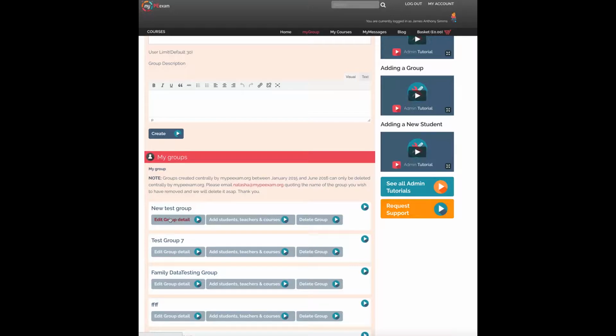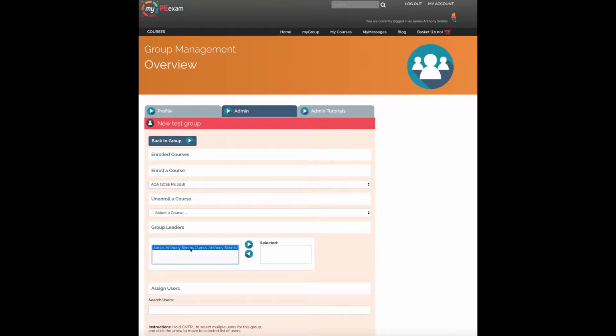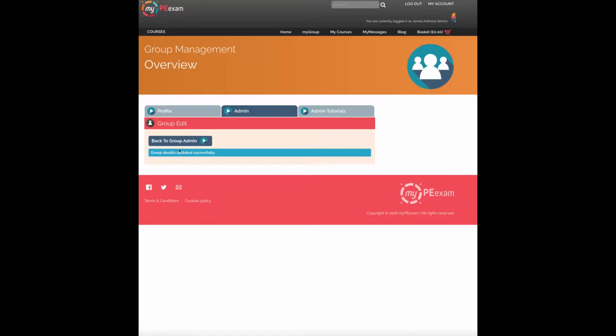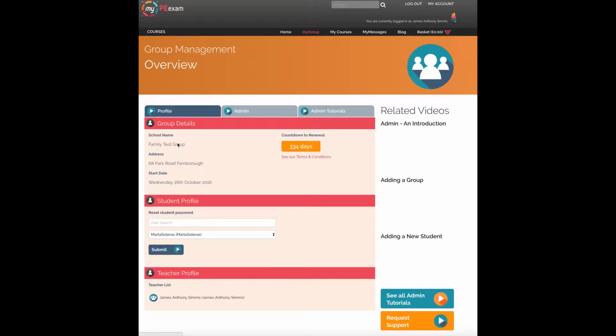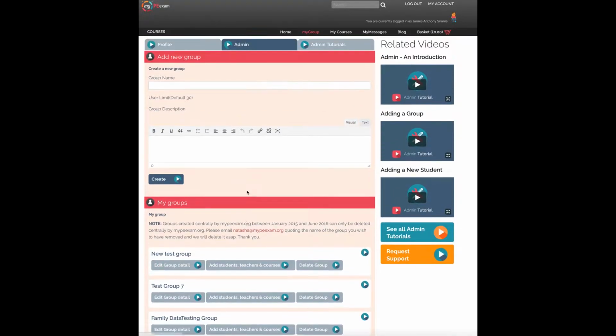And what I mean by editing is I can select the course the group is going to be in. I can select the teacher that's going to run the group, and let's just say I've got 2 students in this group. I can select the 2 students who are in that group, and that group is now published, and those students have got access to that course. So, in fact, let me show you it.